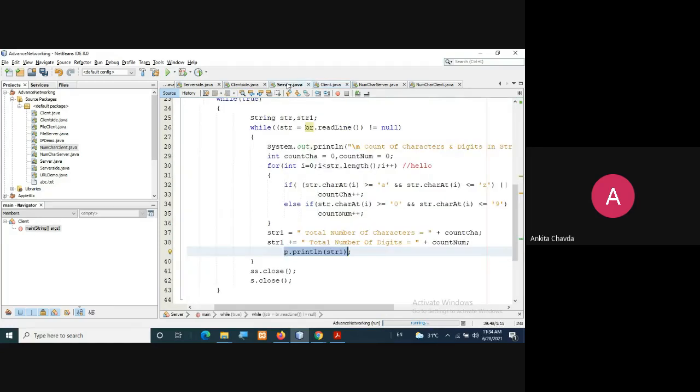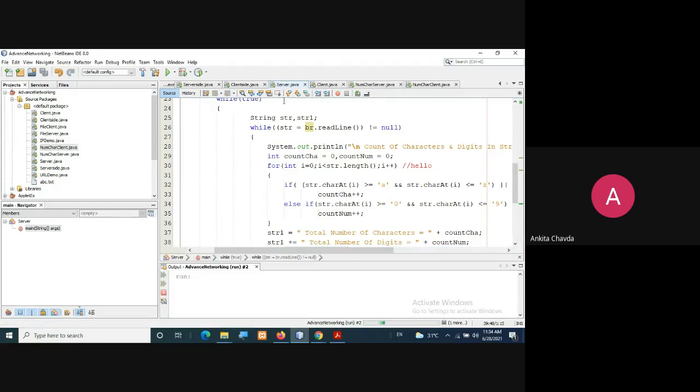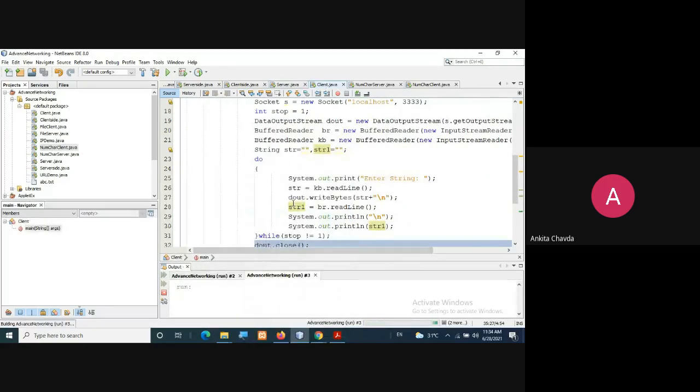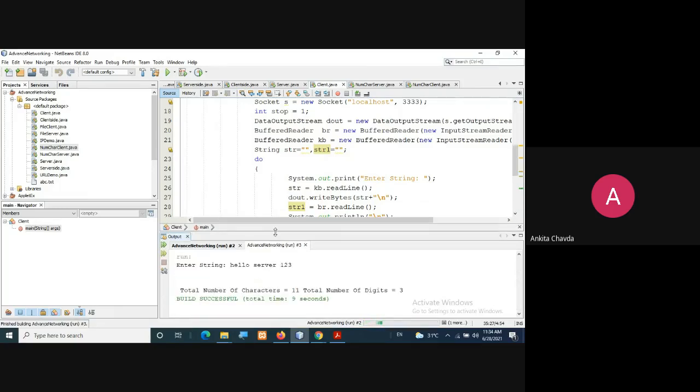So first we'll run the server, after that we'll run the client. Now they are asking to enter the string. So I'm writing here "hello server 123". This is what I have given to my server.